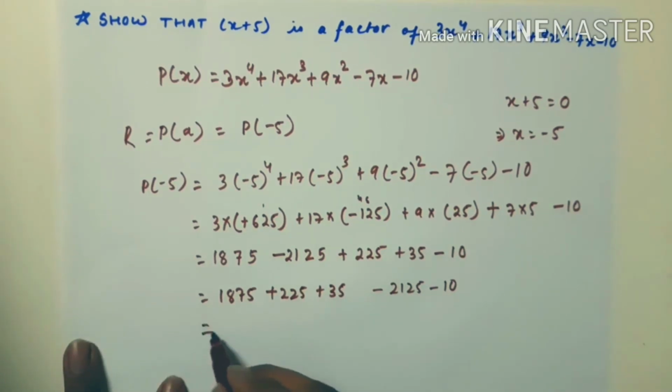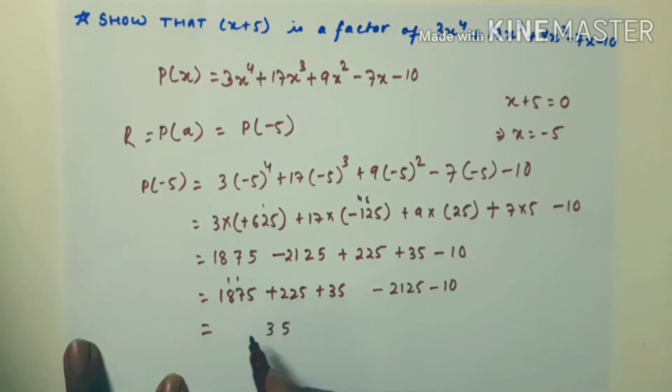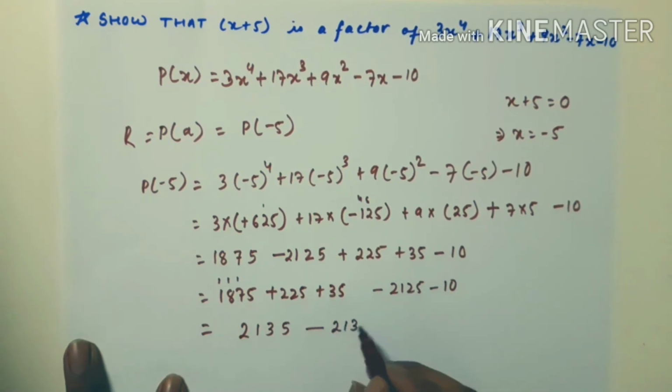So let's solve it first. So 5 plus 5 plus 10 plus 5 is 15. We have 1 plus 7 is 8, plus 2, plus 10. So 10 plus 3 is 13, 3 and carry 1. 9 plus 2 is 11, again 1. We have 2135. Minus, same sign, we'll put the same sign and add them. So we get here also 2135 and we get 0.